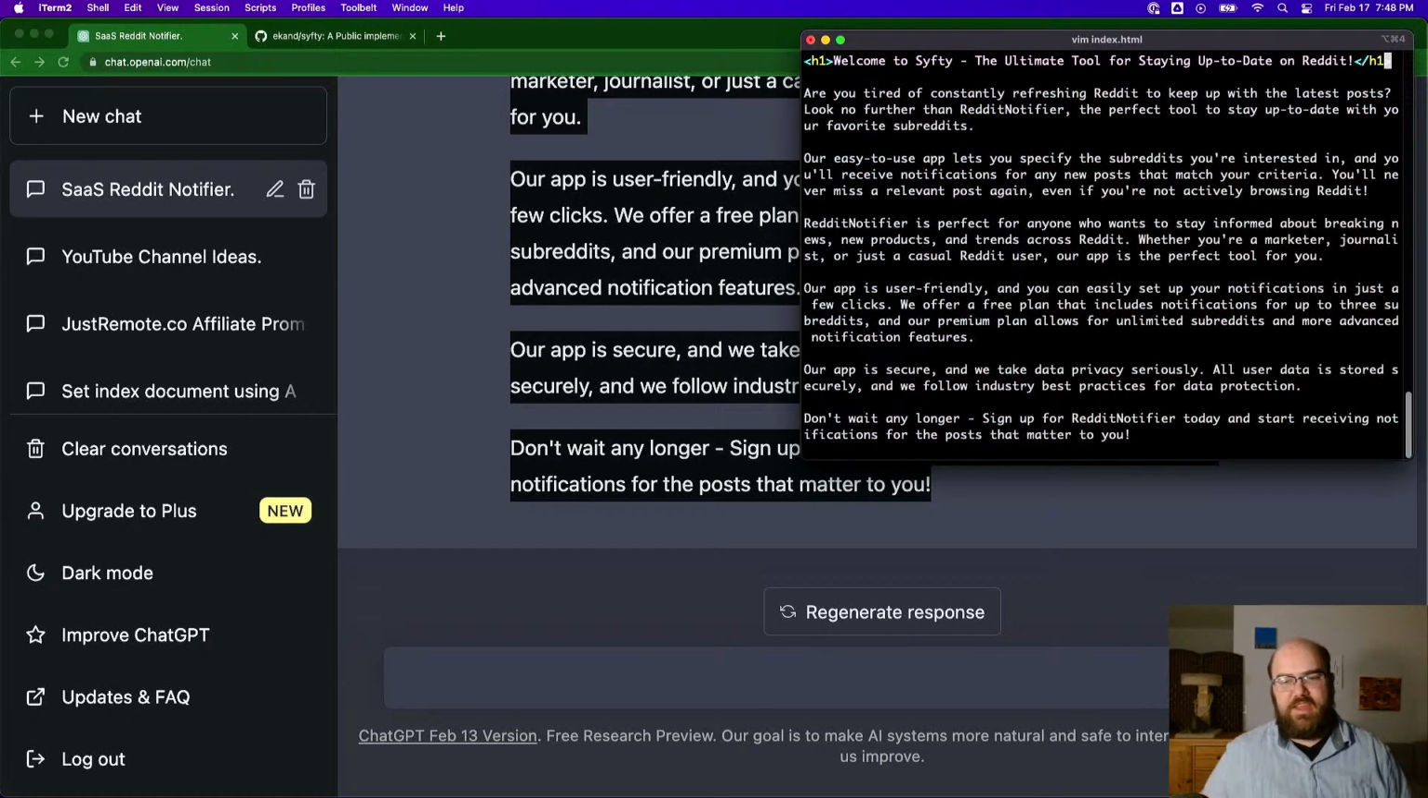You know, it even defined my business model for me. We offer a free plan that includes notifications for up to 3 subreddits, and our premium plan allows for unlimited subreddits and more advanced notification features. I might do just 1 subreddit on the free plan and a maximum of 10 on the paid plan. Already ChatGPT is proving its worth. Not that I paid anything for it, but yeah. Okay, let's wrap this in some p tags. And you know what? This will probably be easier